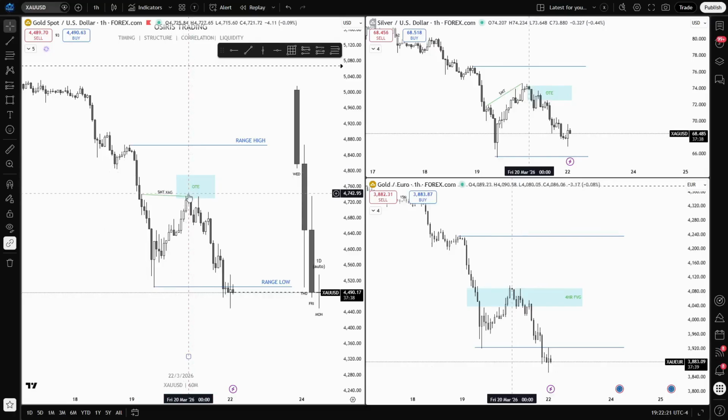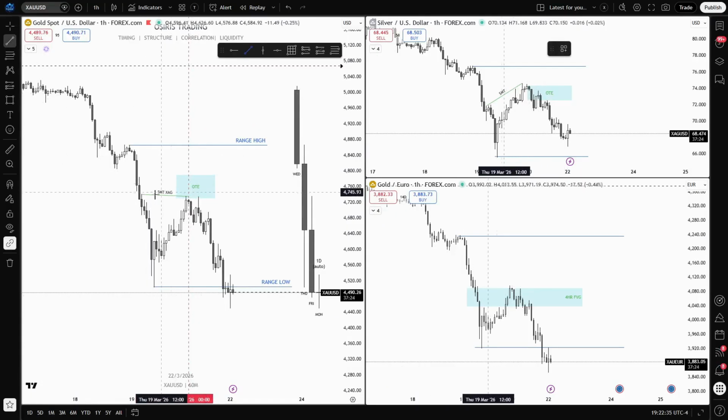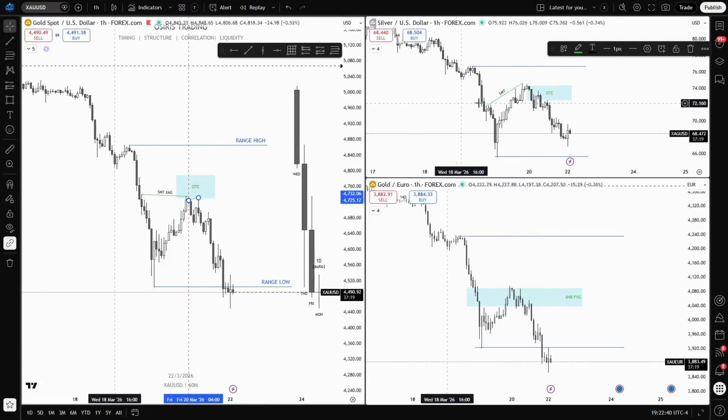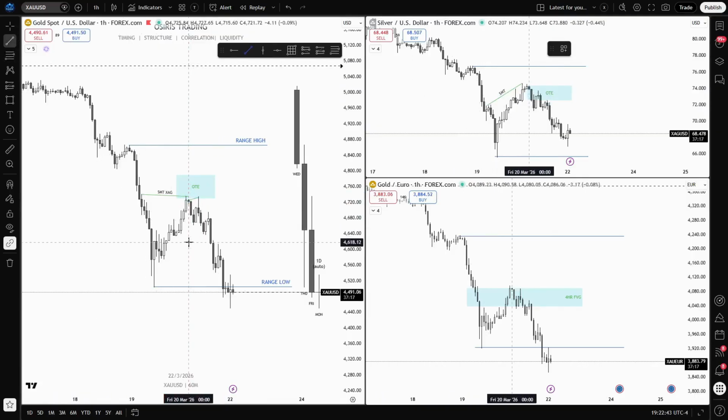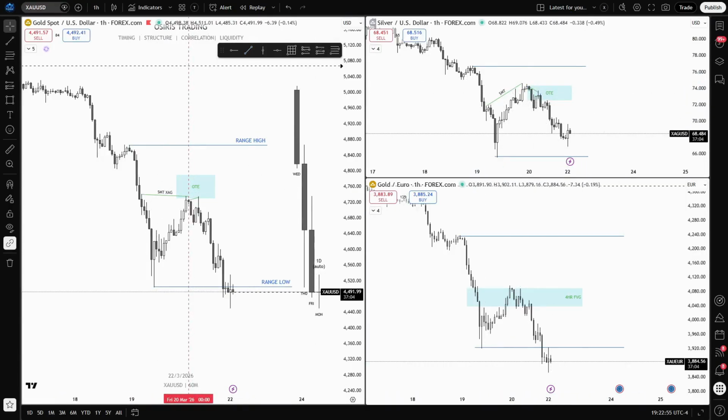And then once this forms, we get a strong displacement lower, a fair value gap forms here. And then we see a retest of this high with the SMT on the range, where it gives a retest and another SMT versus silver. You can see gold took this high, whereas silver did not. So I actually took the entry on the retest here. Once I've seen this, we've got the SMT on the range, we've got correlation between all three correlated assets,